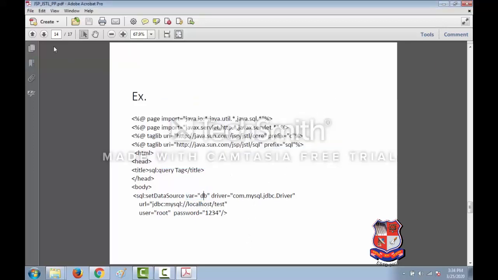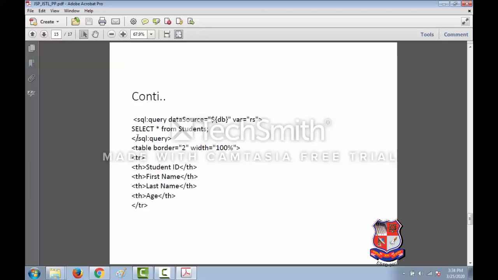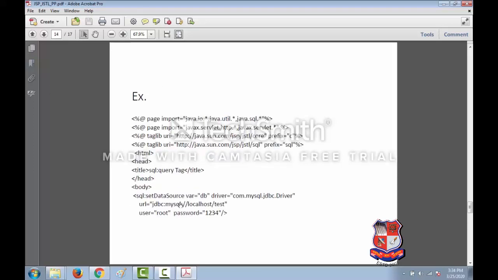Okay, so now if I want to get the records from the database, we have sql:query. The data source is db. See how we have specified dollar, then curly brackets, inside it db. This db is the data source we specified over here.